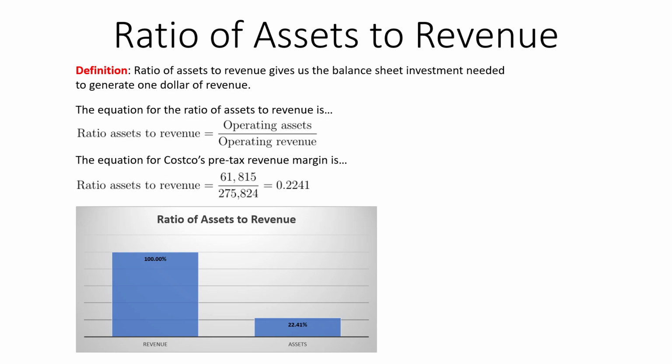And you'll see that for a lot of capital intensive companies, even for example Intel, the ratio of assets to revenue is huge, which basically means I need a lot of fixed assets and a lot of that kind of stuff in order to generate revenue. But in the case of Costco, because all I'm doing is setting up a storefront and reselling products generated elsewhere, either domestically or overseas, I don't need that many assets to run my business. I just need enough assets to keep my stores running, keep my inventory levels high, keep the warehouse full, and all that kind of stuff.